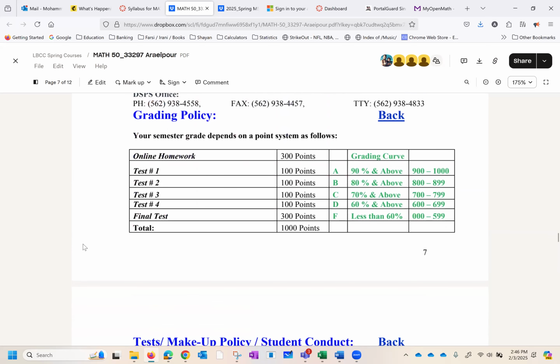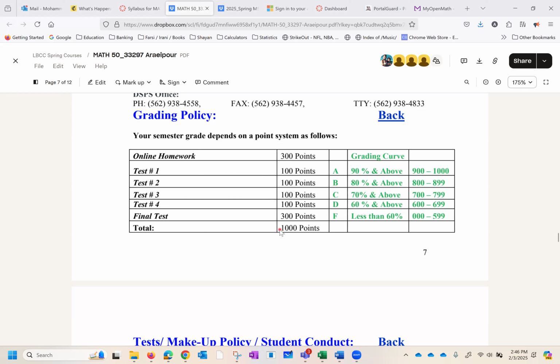Now, grading policy. Online homework, 300 points. 4 tests, each one 100 points. There are 4 tests, and then we have the final, 300 points.